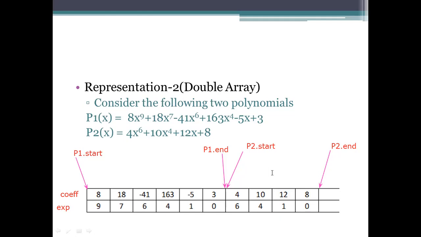Why so? If you are taking this double array representation, it is not easy to maintain this task. Maintaining the double array representations means we need to keep track of the exponents we have, and we need to match the coefficients to them. And you need a powerful compiler that supports the double array representation.